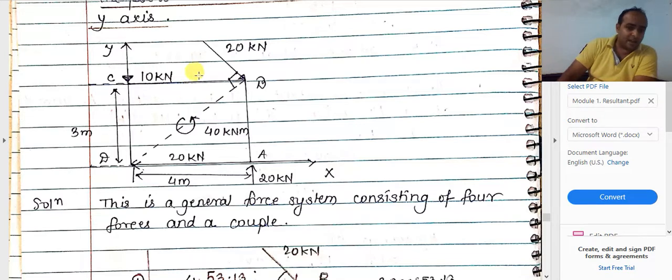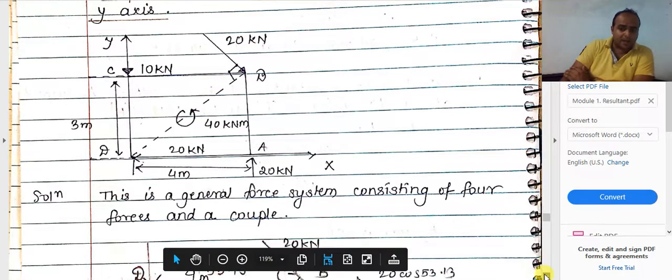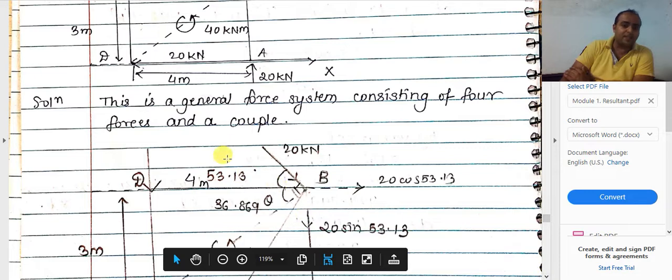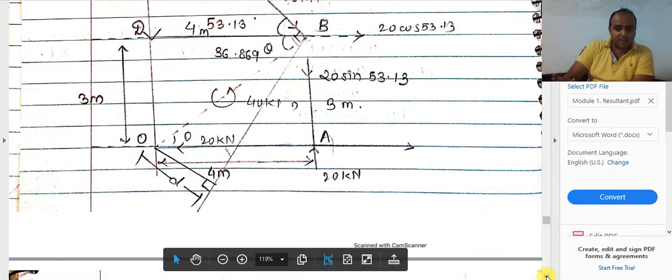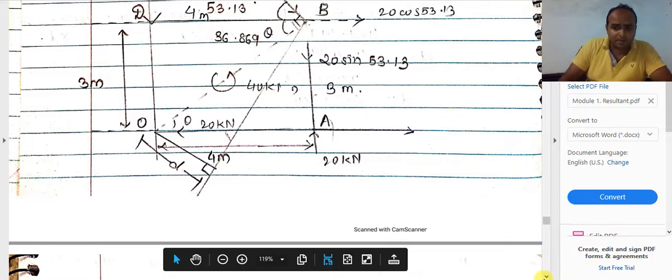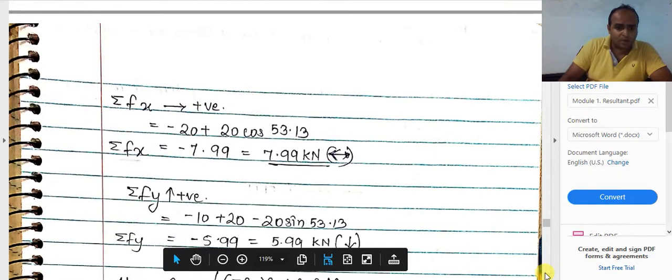How can we say that? If I want this angle, I have this particular triangle COB. For this angle I have the opposite side as 3 and adjacent as 4. So tan inverse of 3 by 4 will give me 36.86. Now 90 minus 36.869 will give me 53.13 degrees. So accordingly I can resolve the forces. This is step 1, that is, we are done with the free body diagram. Let us go for step 2.